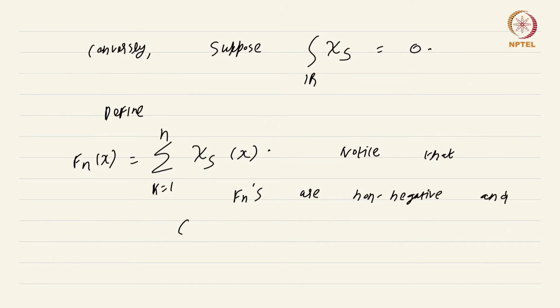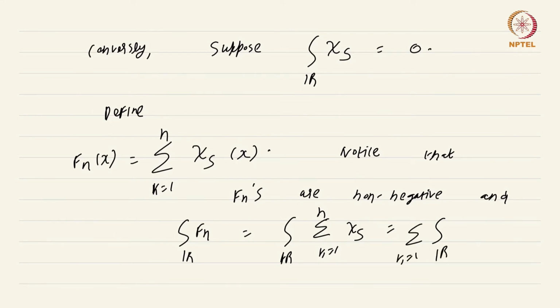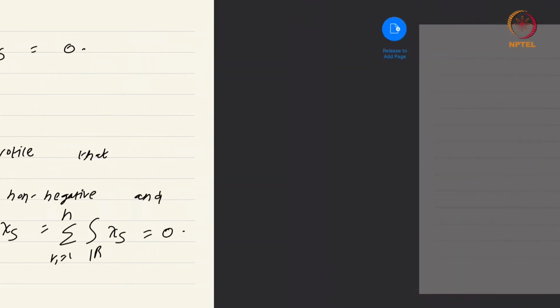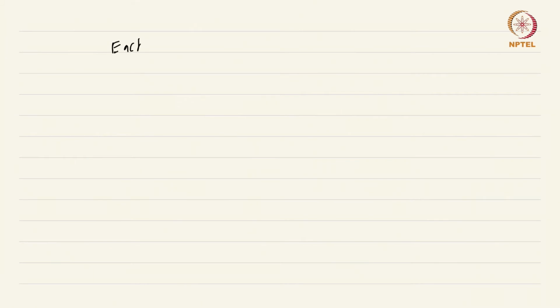and the integral of Fn is just the integral of the summation, first of all, integral over R of the sum k equals 1 to n of chi-S, which is just the sum, now outside, k equals 1 to n of the integral over R of chi-S, which is 0. Okay, so each integral of Fn is 0. Consequently